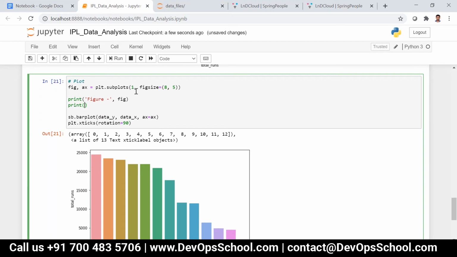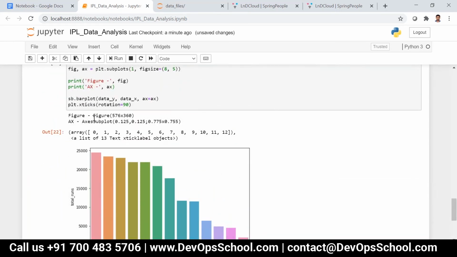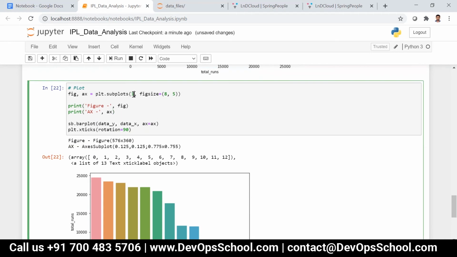Depending on the number that you have given, that will be created. So now you can see something like this. It's the dimension for the figure, and this is the dimension for one particular subplot.